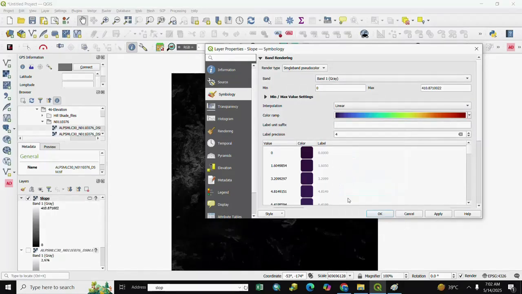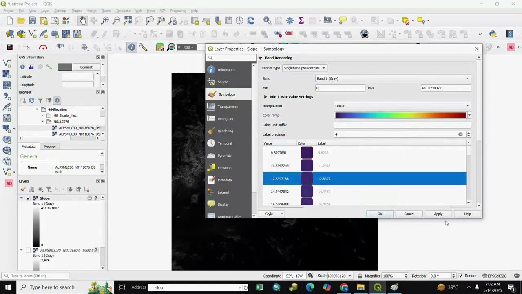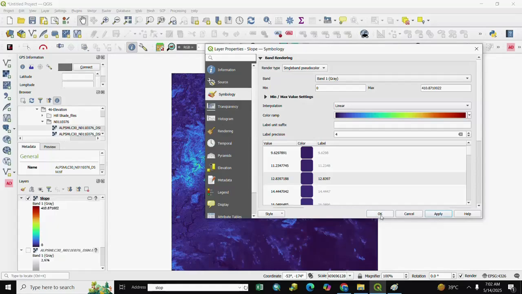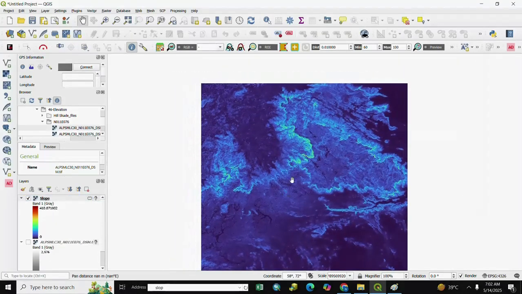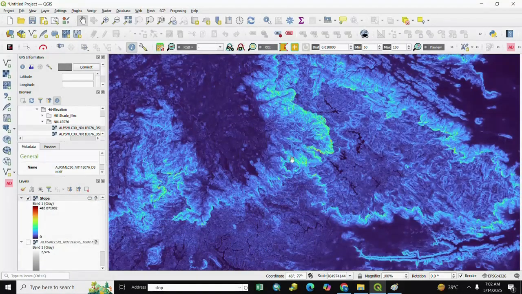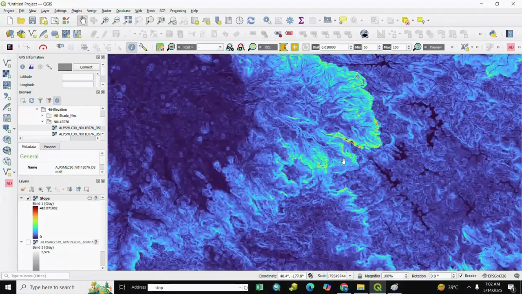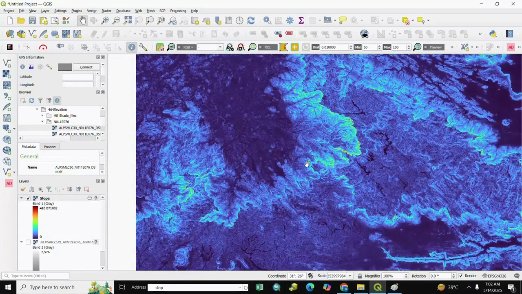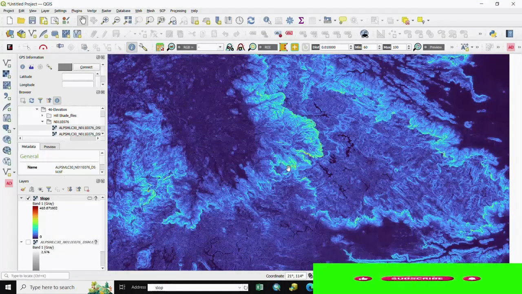We select it, select the color number, and apply and OK. You see here your slope is created successfully.